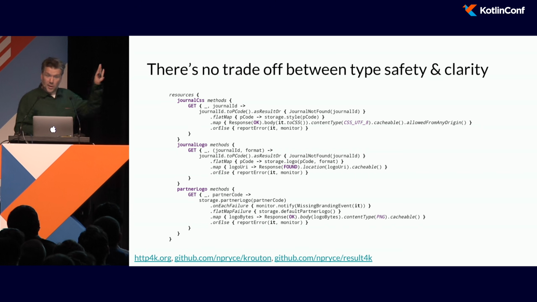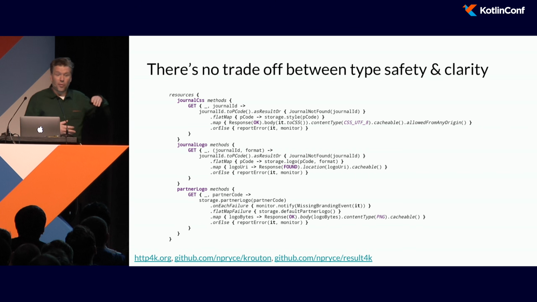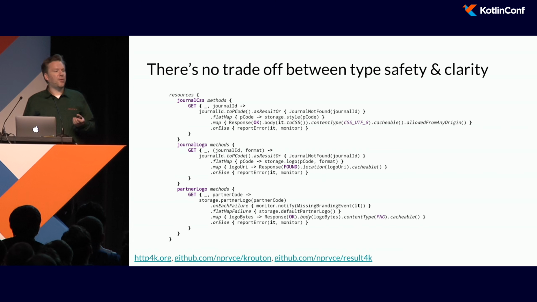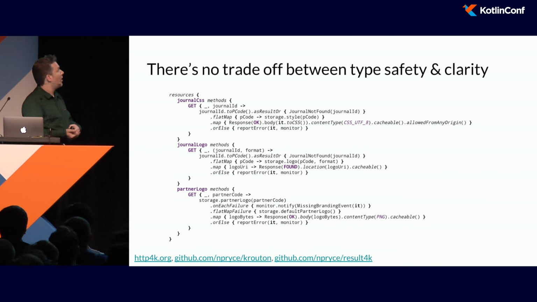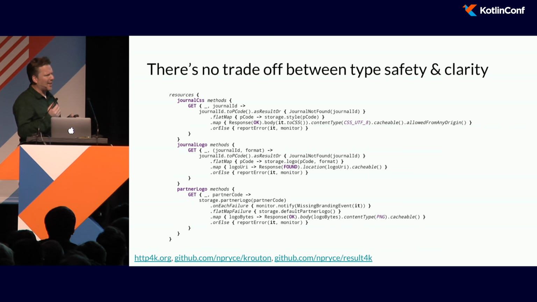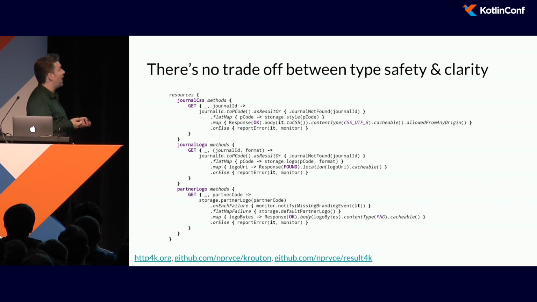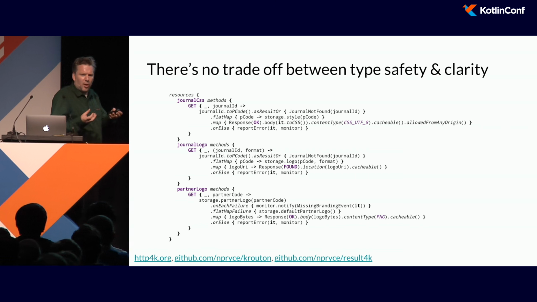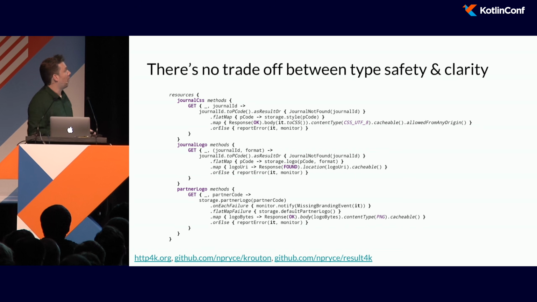I don't expect you to read this code here or to understand what it does, but this is an example. This is a piece of some of the HTTP routing from some of the microservices on the systems that I work on. And it's a combination of 3 libraries that make heavy use of static type safety. There's http4k, which I believe there's going to be a talk about maybe tomorrow or later today. Crouton, which is type-safe routing and reverse routing for http4k. And an early version of Result4k, which is like a monadic Either type, which is now being made obsolete by Arrow.